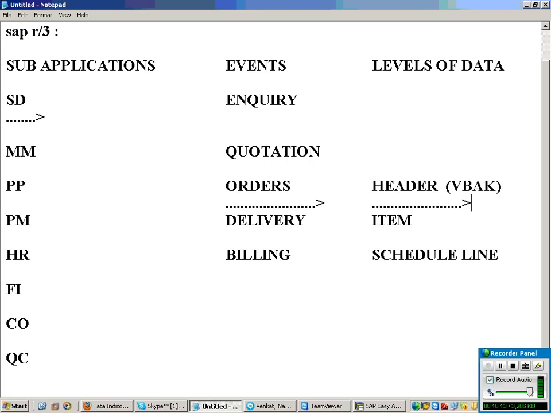Suppose this VBAK table has some 100 fields. So now your data source should consist of those 100 fields. So when you are extracting data from R3, the first point to remember is that your source system is different and data source is different.